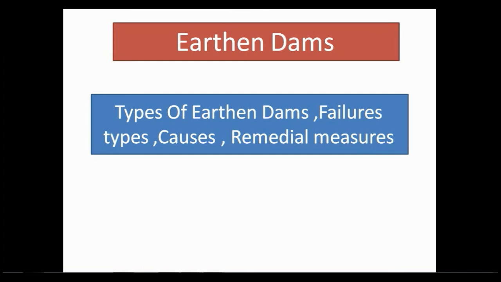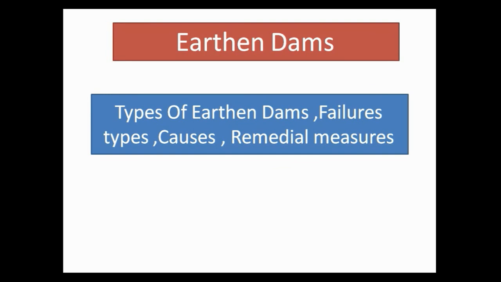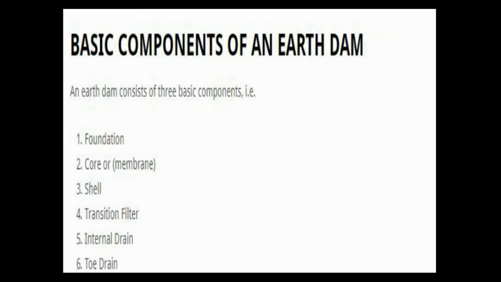In the ancient times, the cost of carrying and laying of material was too high due to unavailability of modern earth moving equipment. But in modern times, the cost of carrying and the cost of laying is considerably reduced due to the availability of modern earth moving equipment. On the other hand, the cost of a gravity dam has increased so much because of the cost of raw material like cement and concrete. Now we'll see the basic components of an earthen dam.